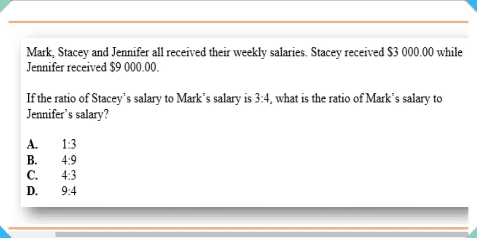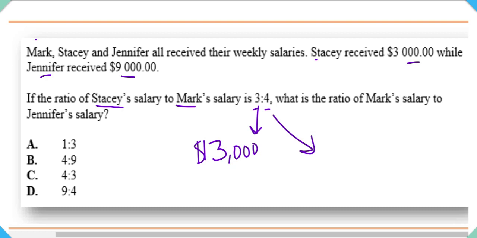So we have Stacy's salary. We have Jennifer's salary. Mark's salary is not stated, but we can figure it out. Why? Because we have the ratio of Stacy's salary to Mark's salary as 3 to 4. Now, as was mentioned earlier, the ratio is a size comparison of things in a set. So if this is $3,000, it means that this is $4,000. How come I can say that? I can say that because